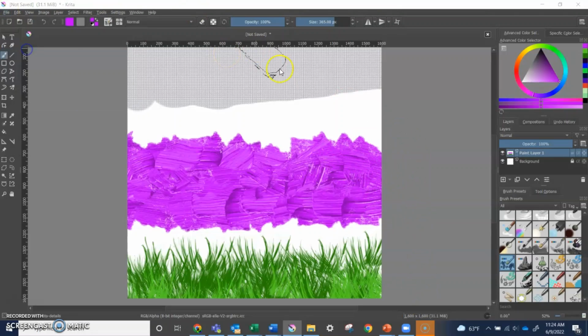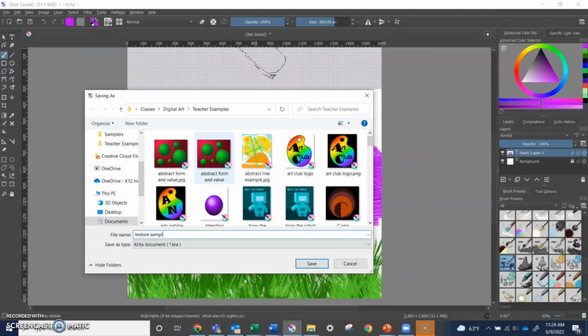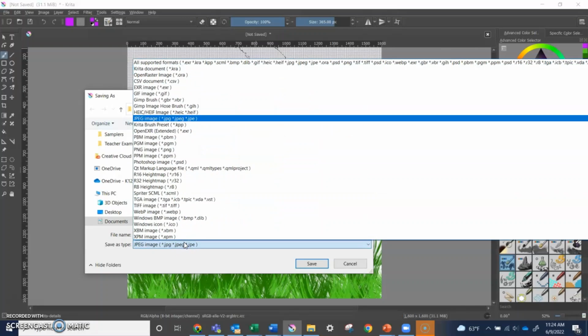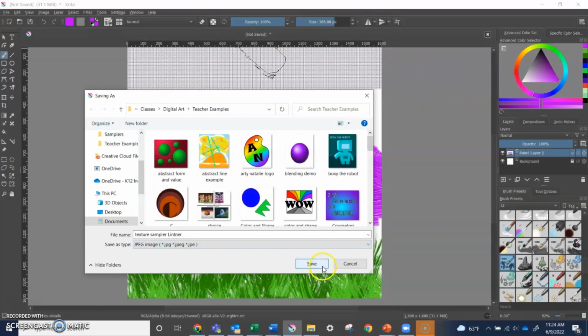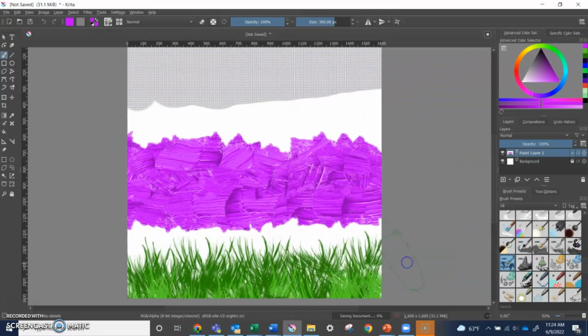So now I just have to save as texture sampler Lintner. Got to make sure my name's in there. And save it as a JPEG because that's the file type that can be uploaded to the assignment page. And make sure I also save it as a Krita document, and I'm done. So go ahead, go open up Krita and